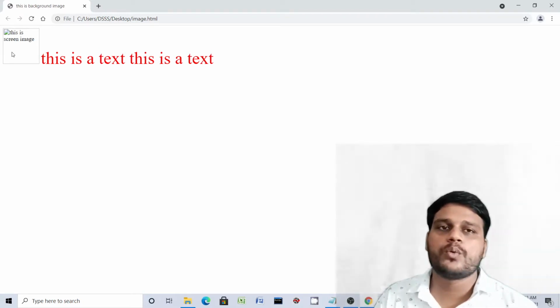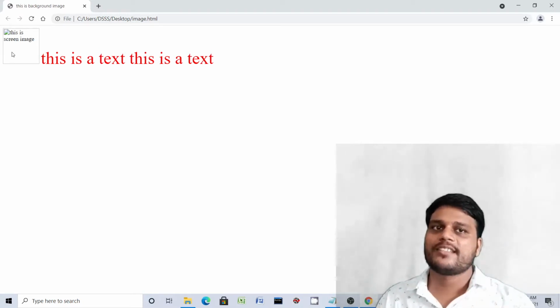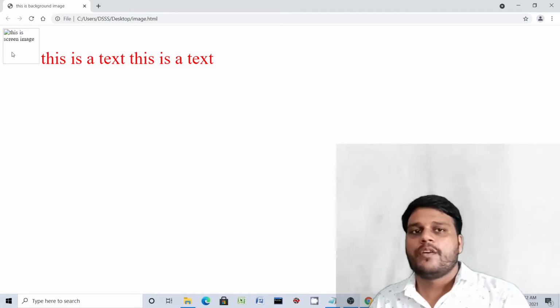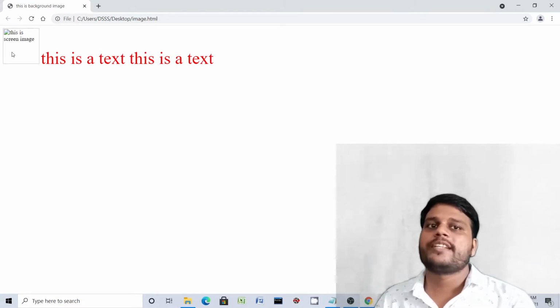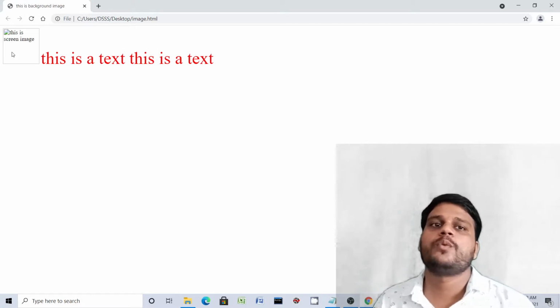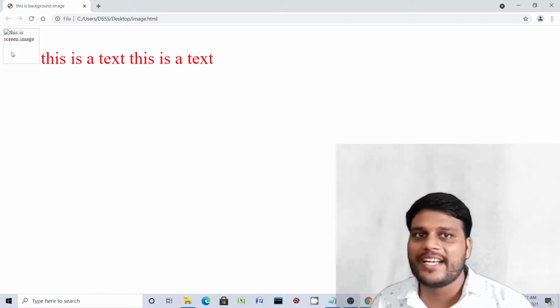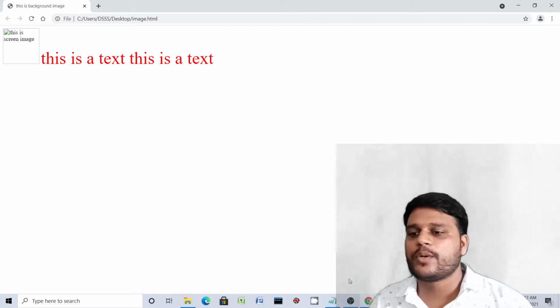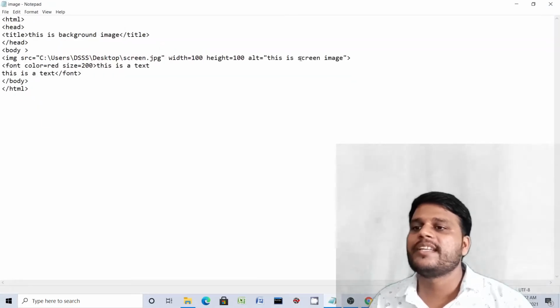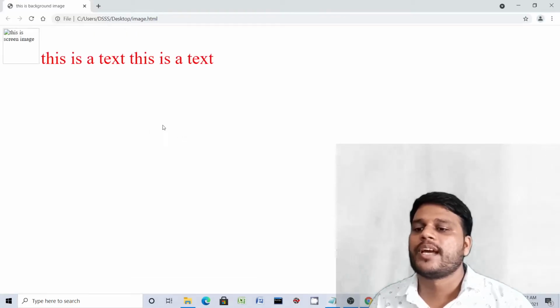So if you want to display an alternate text in place of the image, whenever your browser doesn't find that image at that location, then you can specify some text for that. This is the alt attribute. Okay, you can see that alt, this is screen image, and this will be displayed over here.